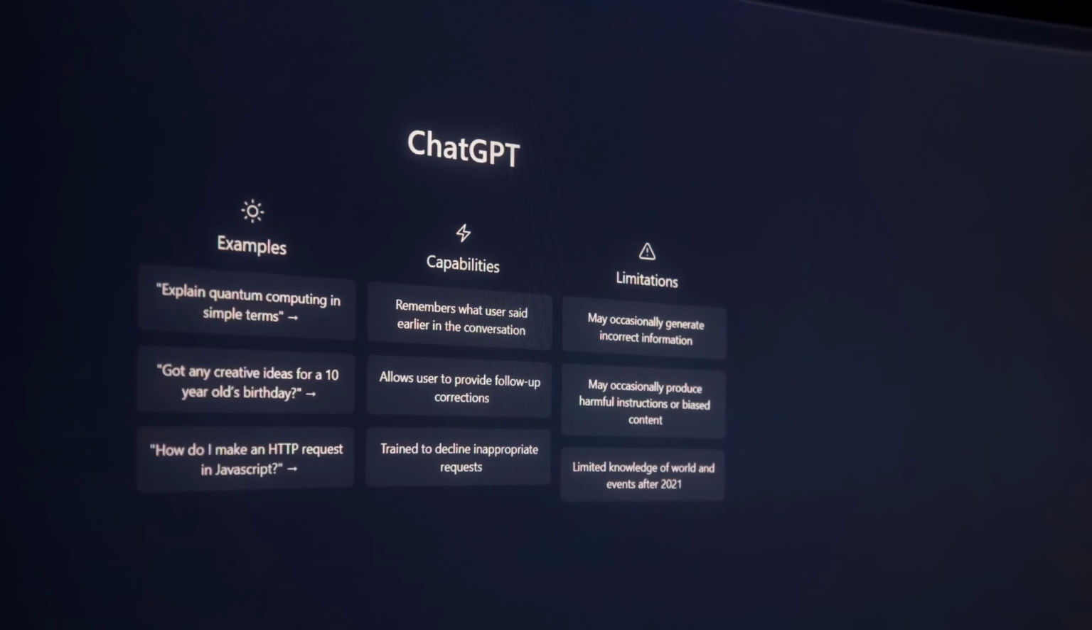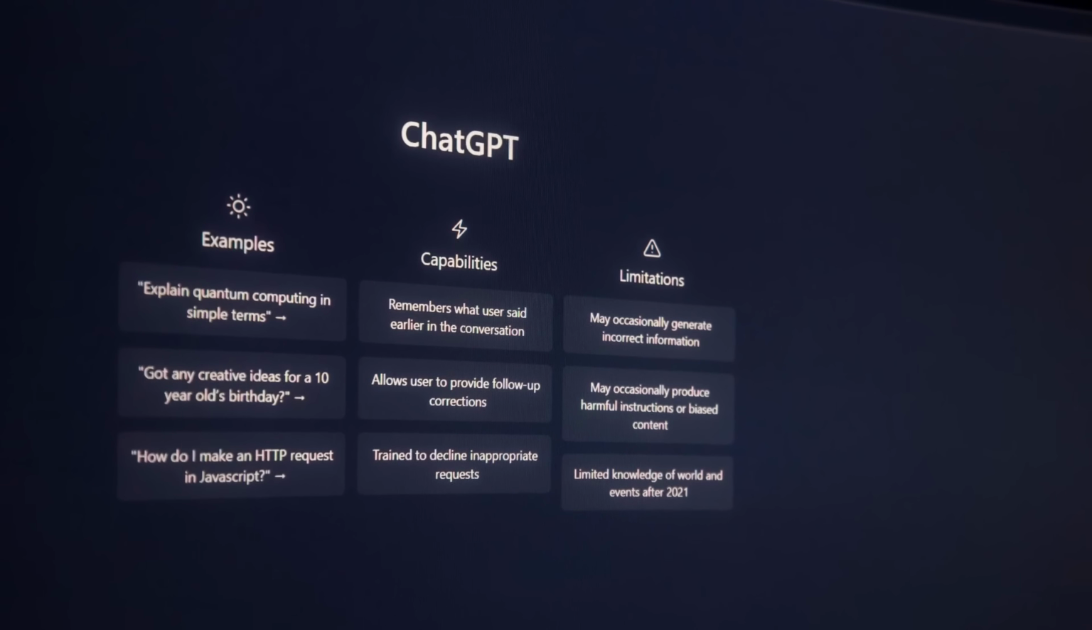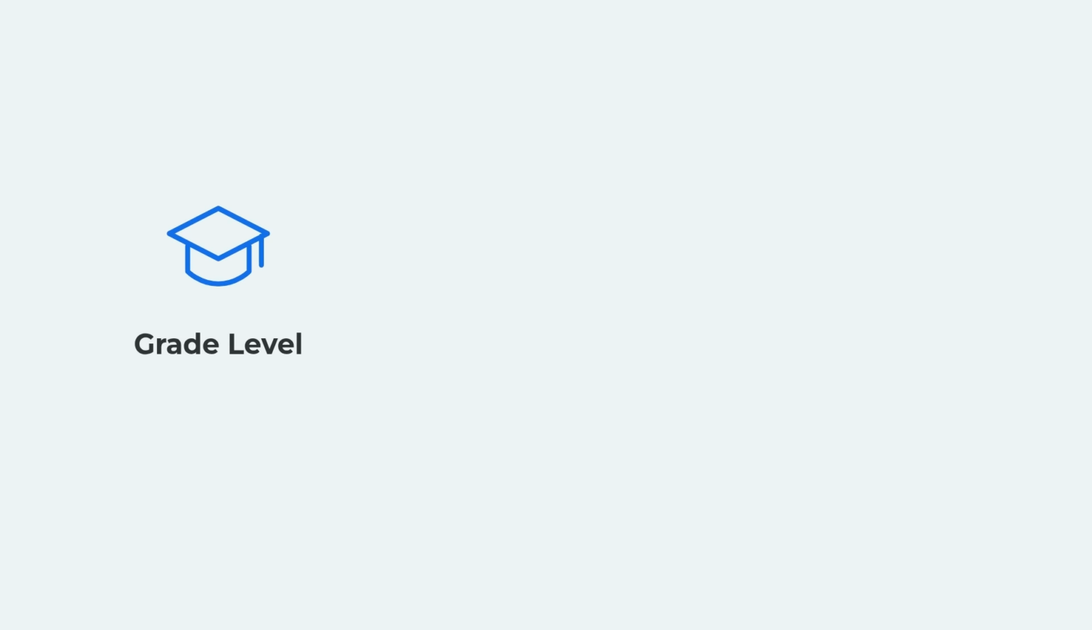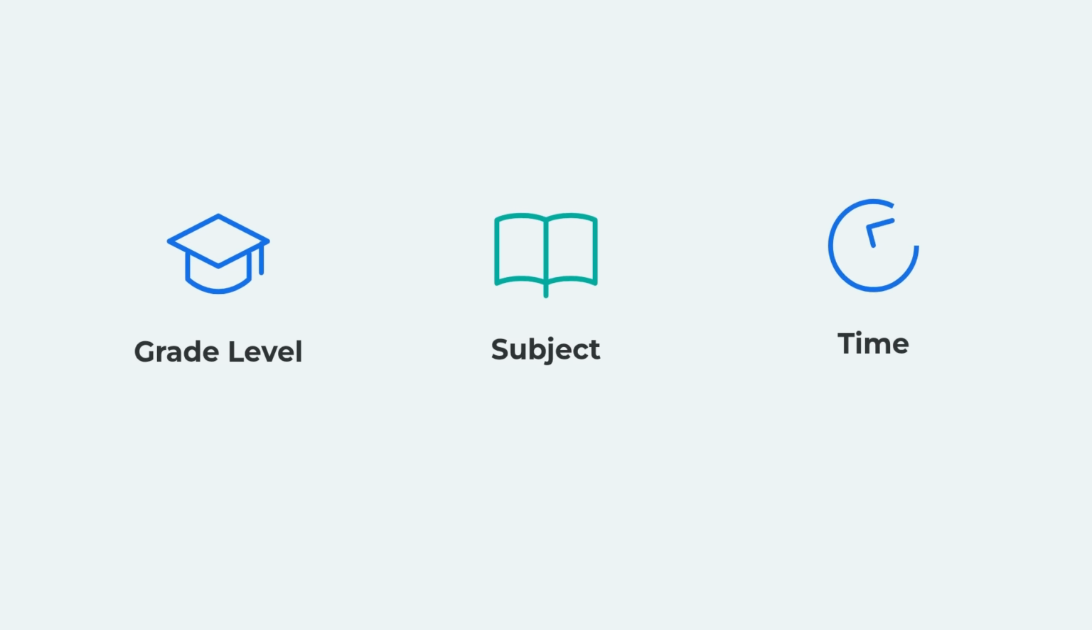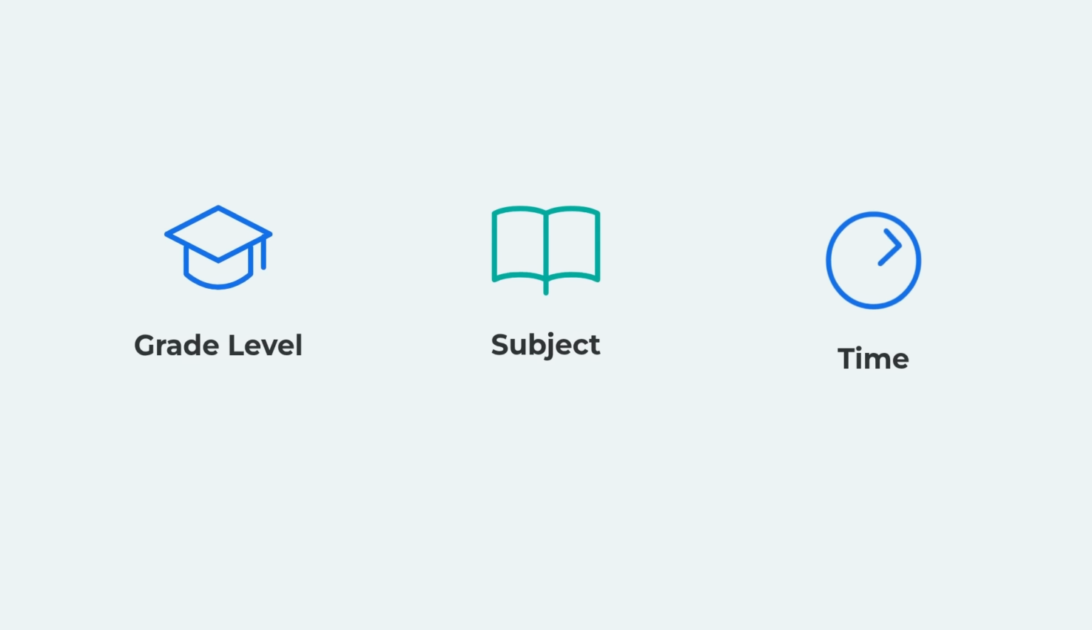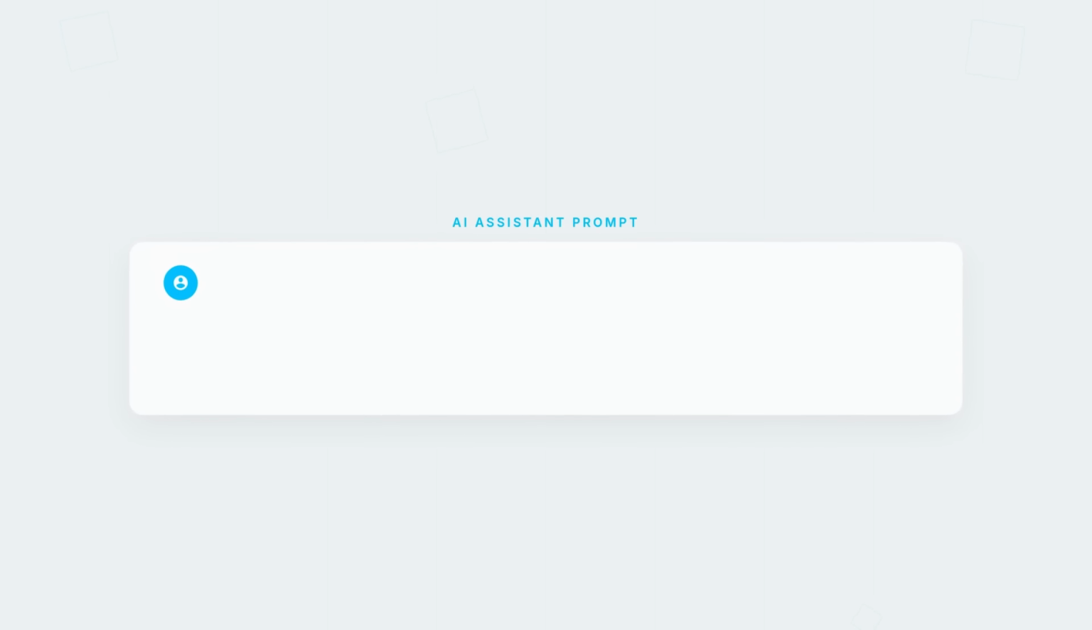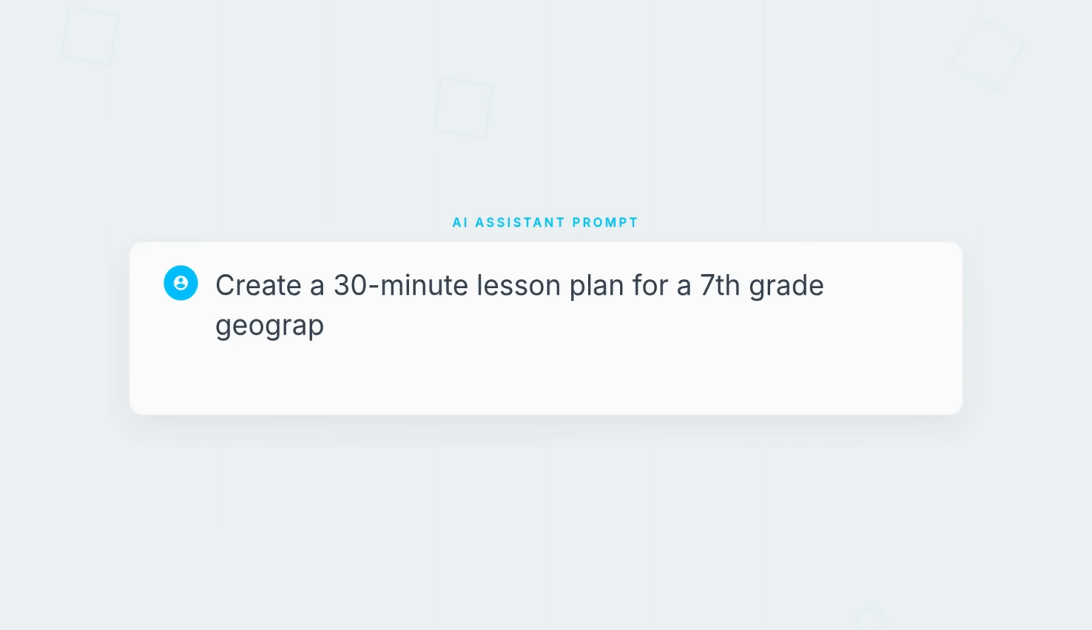In 2026, teachers can create high-quality lesson plans quickly by using ChatGPT as a planning assistant. Start by opening ChatGPT and clearly describing the lesson you want to build. Include the grade level, subject topic, and time length so the AI understands your classroom needs. For example, a teacher might begin with a prompt like, create a 30-minute lesson plan for a 7th grade geography